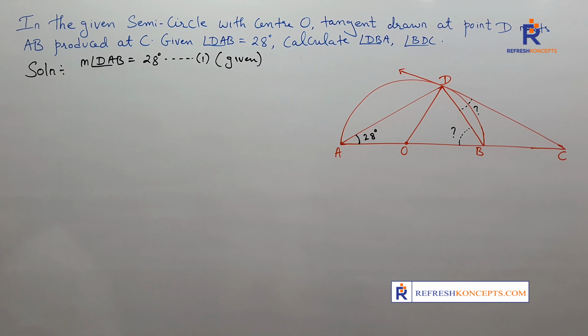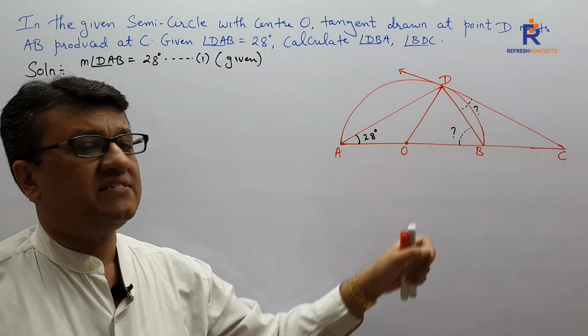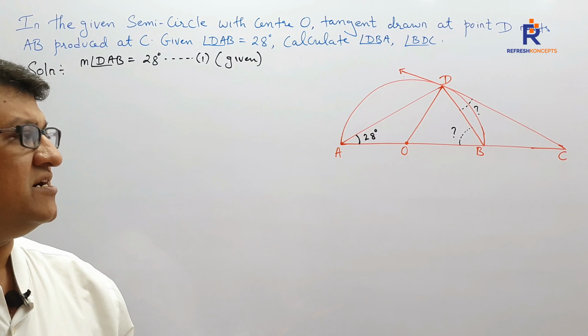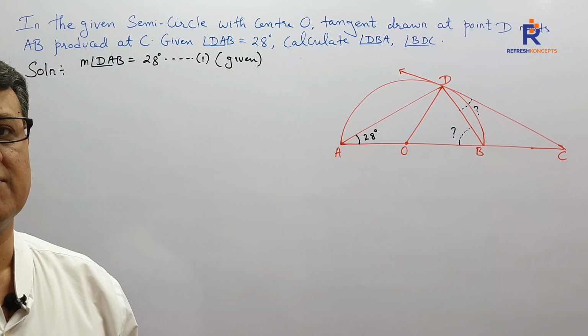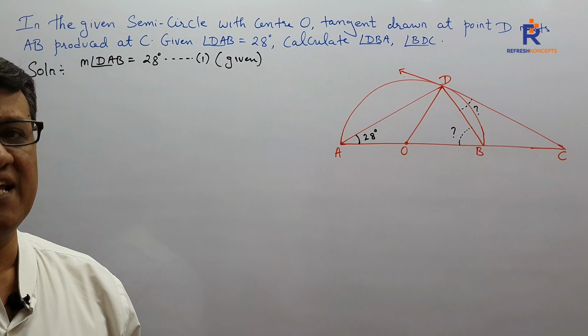Now with this said and done, we just have to tell ourselves what we have told while reading the question: AB is a diameter. So if AB is a diameter, what is angle ADB turning out to be? Measure angle ADB turns out to be 90 degree. Reason: angle in semicircle. So we shall say, since segment AB is the diameter, therefore